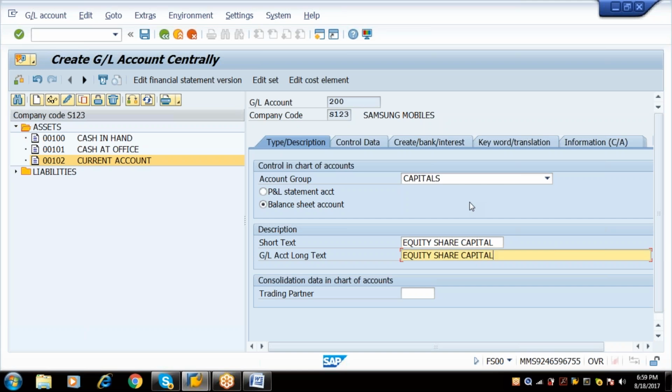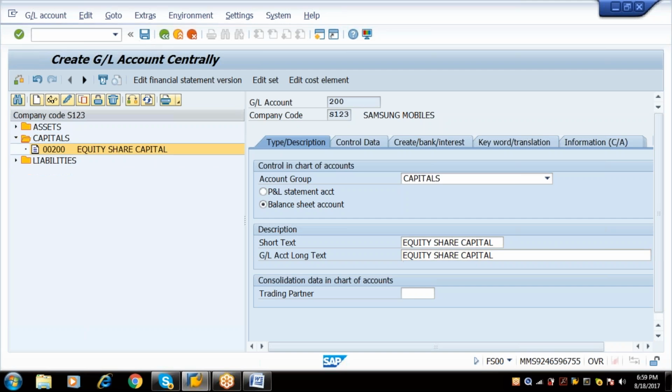Equity share capital. And just save it. That means simply if we know the creation of one ledger, automatically we can create all the ledgers. If we can create one ledger, we can go for all the ledgers of the others also. So here